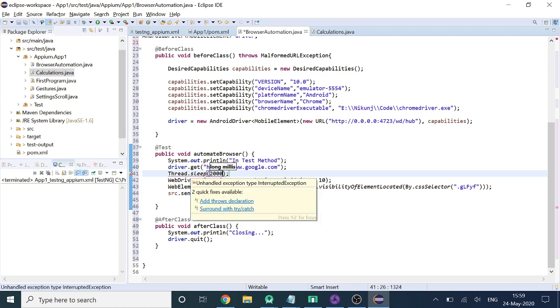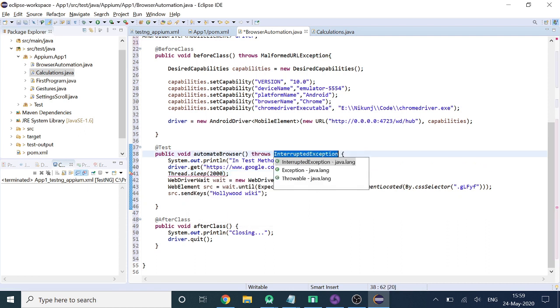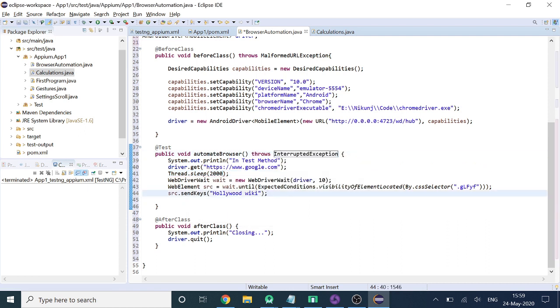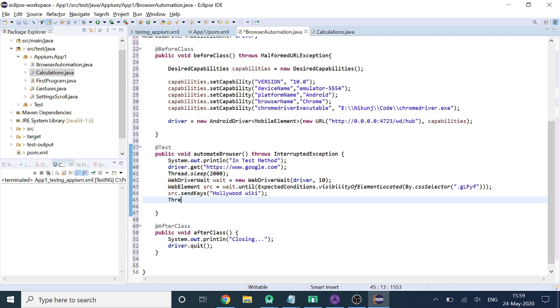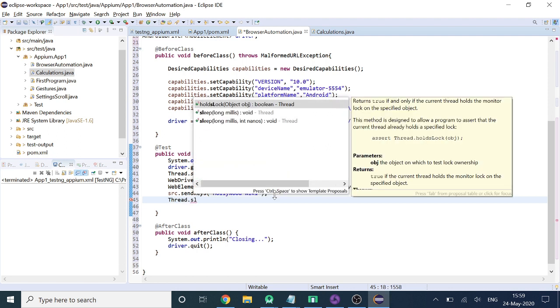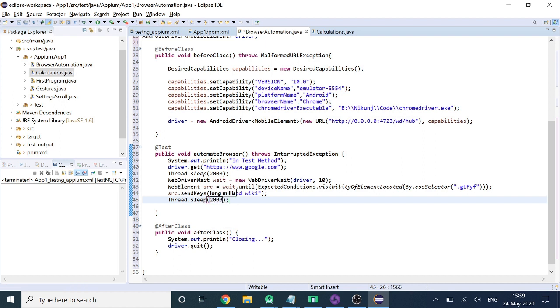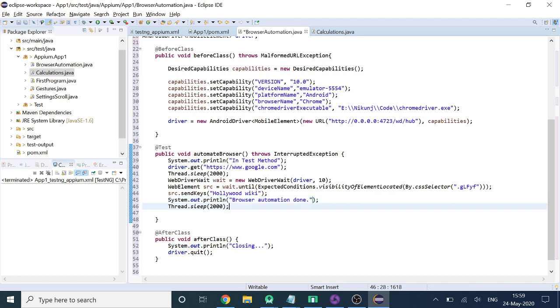We'll need to throw this exception as well. And after entering Hollywood wiki, we'll give one more Thread.sleep of 2 seconds. Before that, we'll print a statement, say browser automation done. That's it.